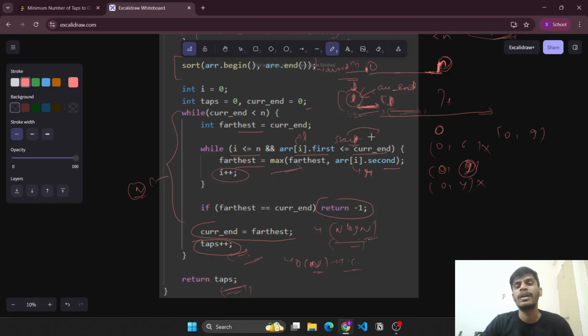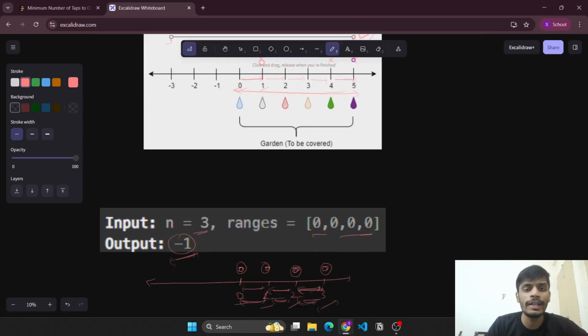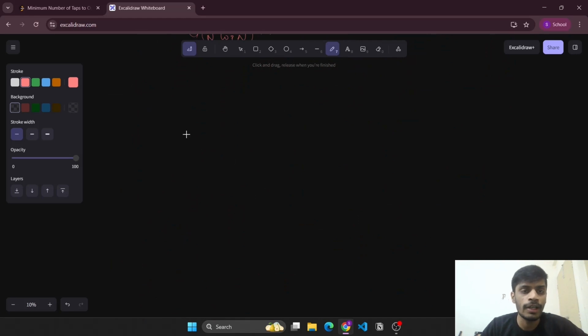Because from the start point, we are already aware of all the ranges that we have. If the start was 0, then of all the ranges 0,6, 0,9 and 0,4, we know that 9 is the maximum here. So we'll store the maximum reach from this start point 0 as 9. So if we already calculate a vector of max reach of n plus 1, where max reach of I